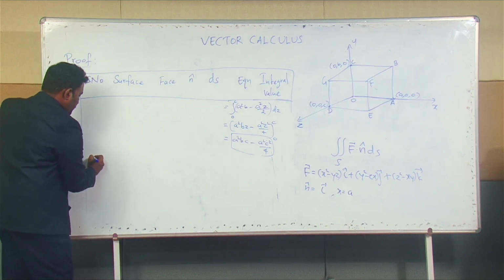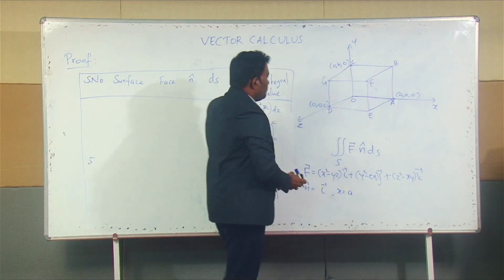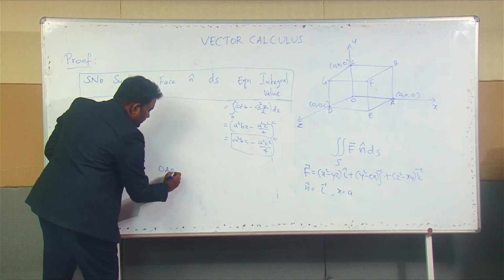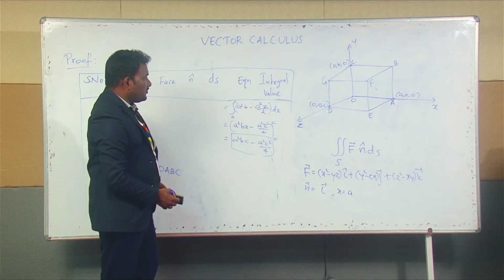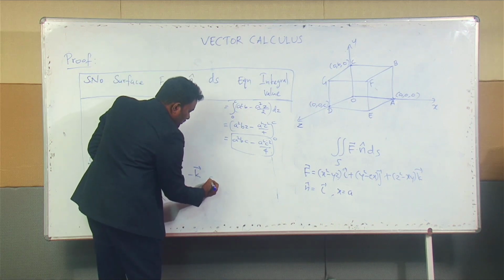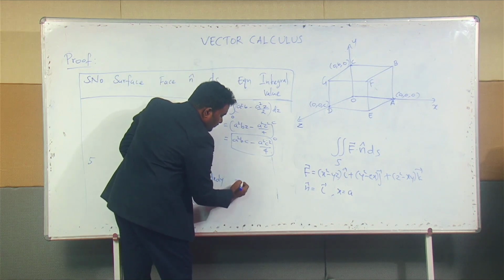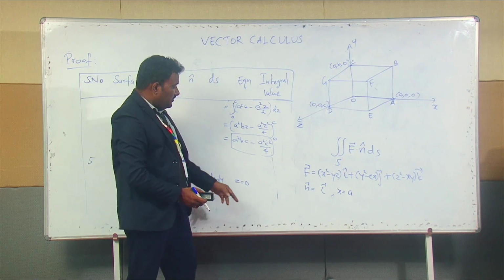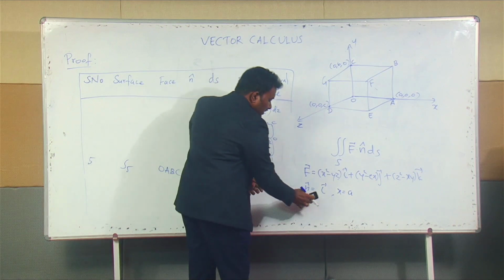So, the surface 5, which is we have taken this OABC, S5 surface is this OABC, and the perpendicular vector acting along that surface is minus k vector, and the integrand value is dx and dy. The equation for that is z equal to 0, and we have to calculate the integral value. Okay, so, integral value f vector dot n cap ds, and here we have the same f vector, but this n cap is minus k vector,